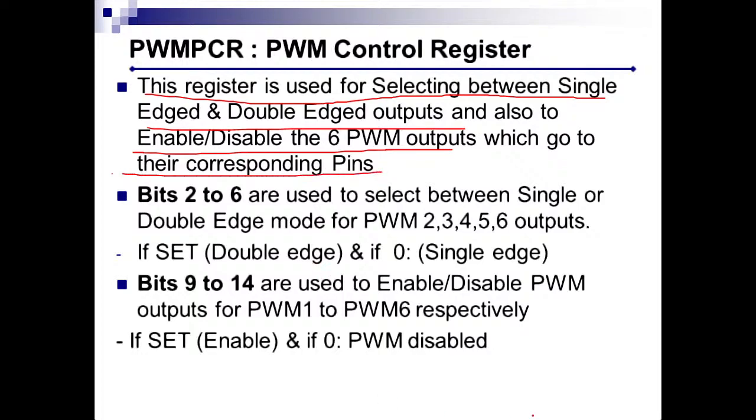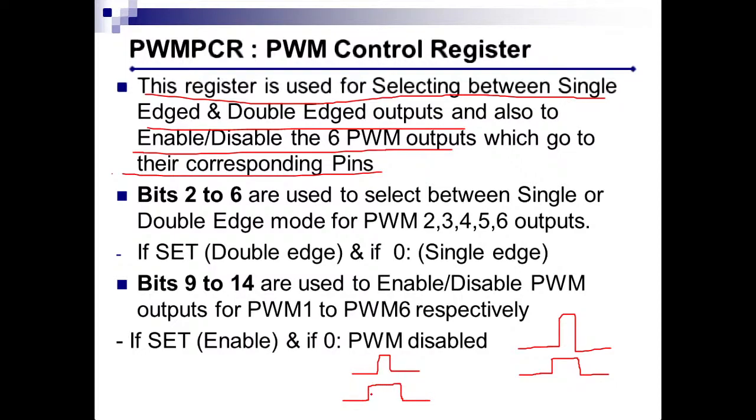Now, single edge and double edge means, for example, if my width is changing like this, then I can say it is a single edge because it goes high to low on the same edge, but only the rising edge is different at different times. And a double edge is actually something like this. In that case your width will vary in this way. This is double edge, right?